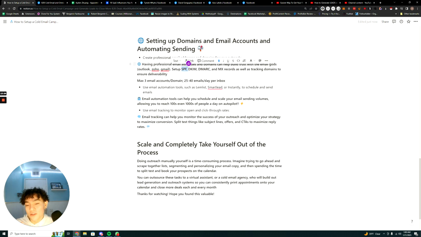So you don't want to do that. Another way to avoid landing in spam is to keep the max amount of email accounts per domain to only 3, and you don't want to send more than 25 to 40 emails per inbox per day. As for actually automating and sending your sequences, you want to use a tool like Lemlist,